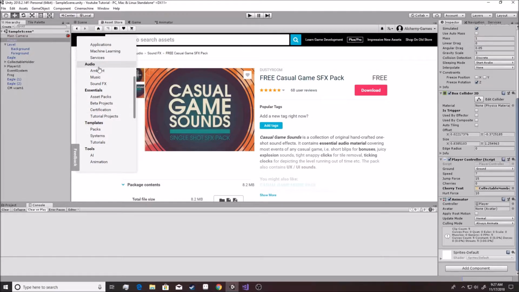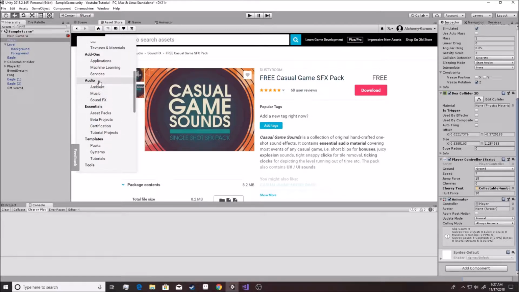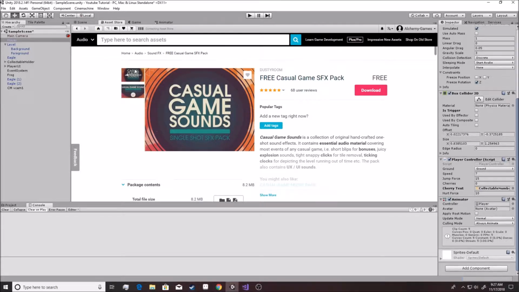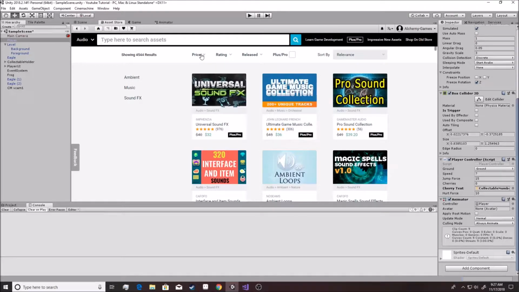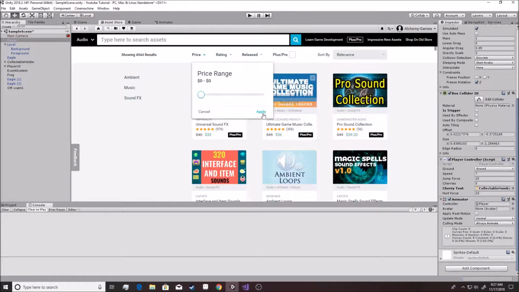We go over here, you hit this arrow right here where all assets is at. Hit that arrow right there. Go to audio, you just click on audio itself. You want to go to price, and we're going to set the price to 0 because we're not paying anything